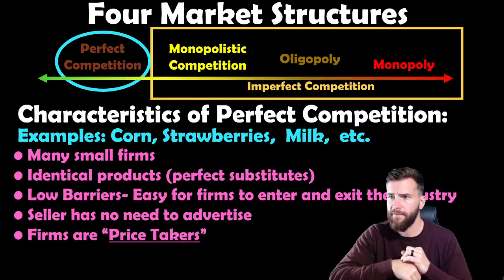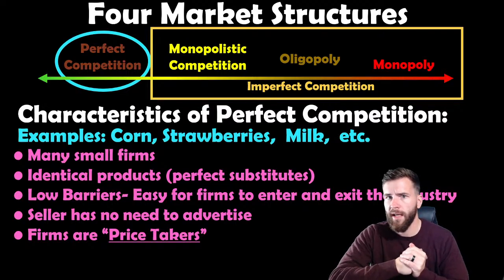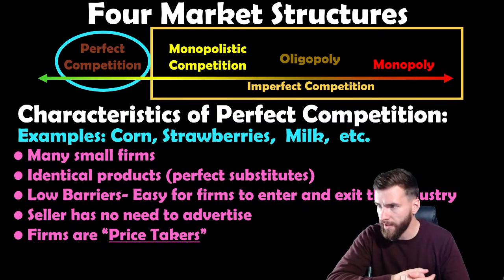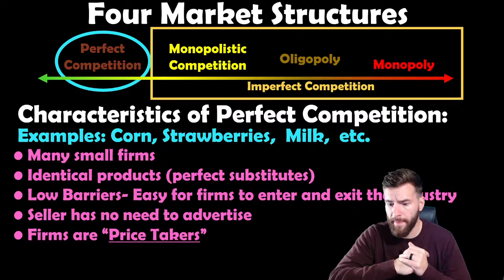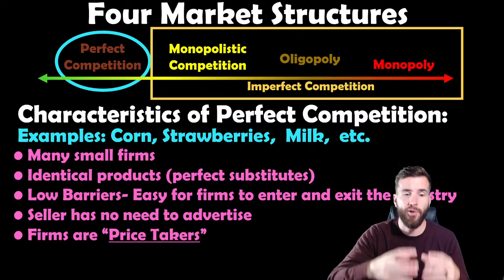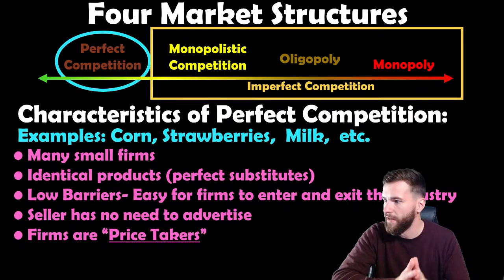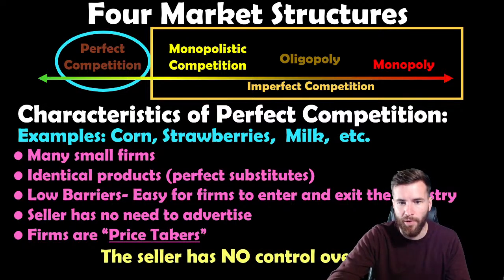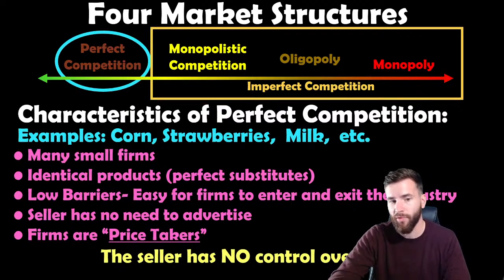It's like if you were a fisherman catching tuna, and you bring your tuna to a restaurant to sell it, and there's hundreds of thousands of other tuna fishermen, and they're all trying to sell to the same restaurant. You're not going to tell the restaurant the price, they're going to tell you the price they're going to buy your tuna for, and if you don't want it, then you don't have to sell it, obviously, but they're going to come up with a price. So firms are price takers. You guys can never forget that. Firms are price takers, all right? They take the price given in the market. A seller has absolutely no control over price if we're talking about perfect competition, okay?